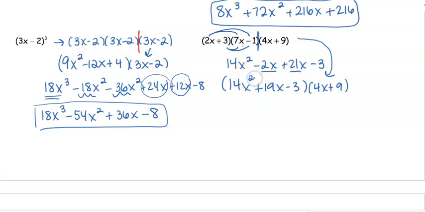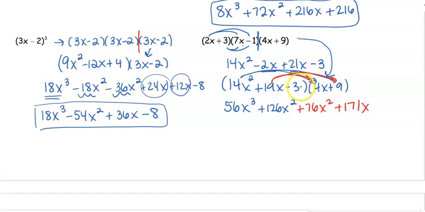Oops, that's 14x squared. So we distribute the 14 times the 4 to give us 56x cubed. 14x squared times the 9, that's 126x squared. Then we start distributing the 19. 19 times 4, that's your 76x squared. So watch the coefficients, the numbers, and watch your variables as well, because that's x times x, so the x squared. 19 times 9 is